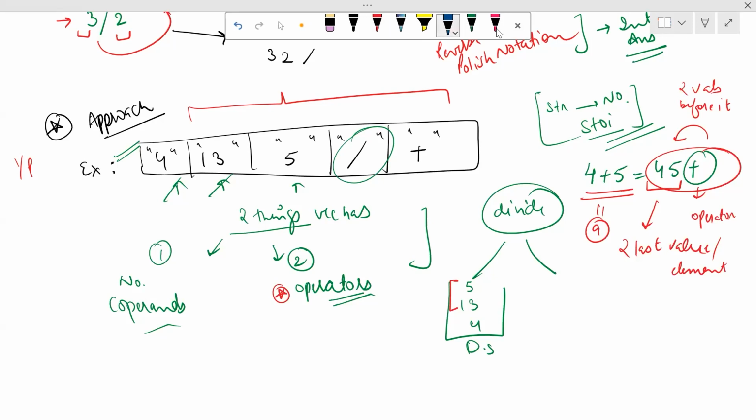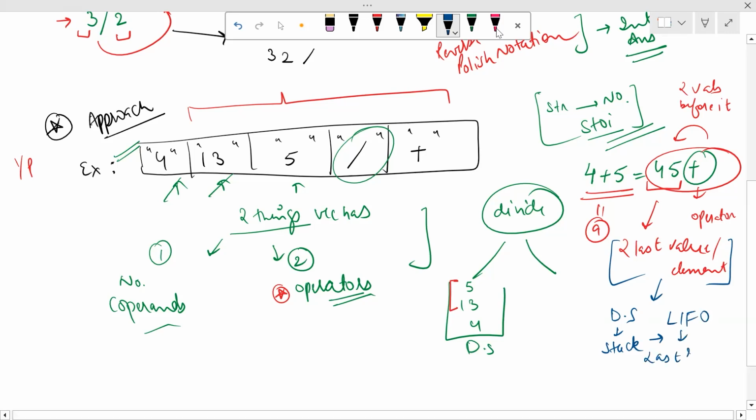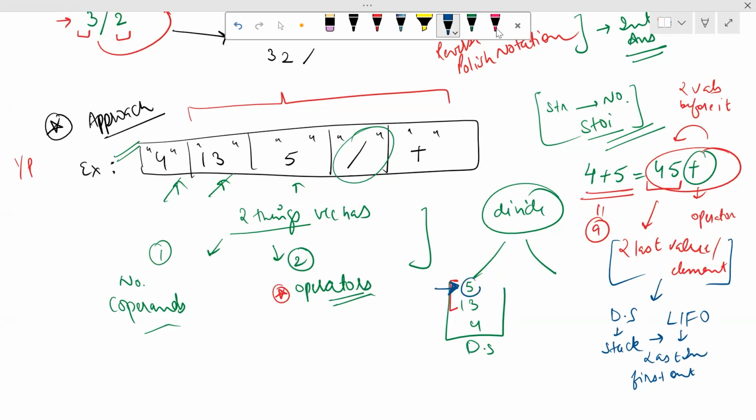Now I think I've given a very big hint. What is this telling me? Last value. Which data structure do I need to use? I need to use a stack. Why? Because a stack works on the implementation of LIFO. What is LIFO? Last in will be the first out. Whatever was added last will be given for processing first. That means 5 will be given first for processing. And as we know, when we are working with the operator,